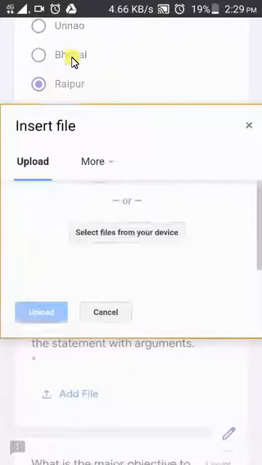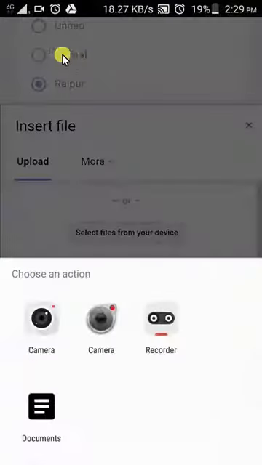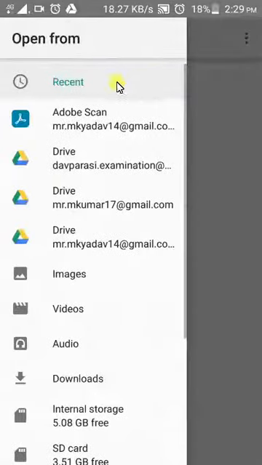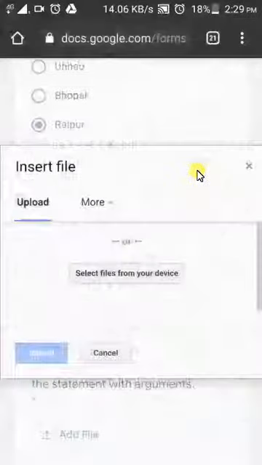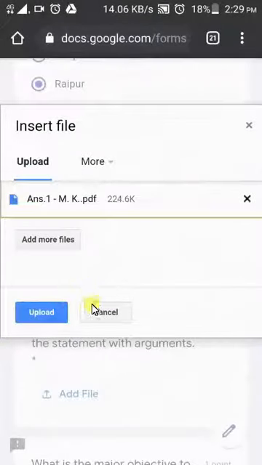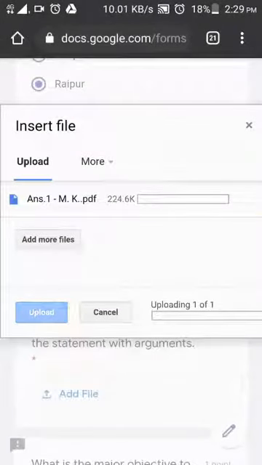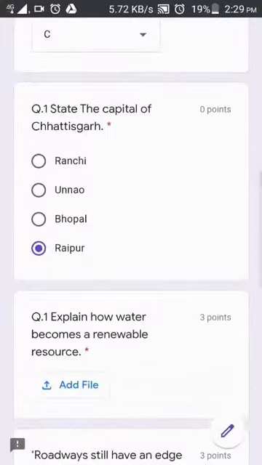Now for the MCQ questions, the student will choose the correct option, or whichever option the student thinks is correct. And now see how the student can upload.